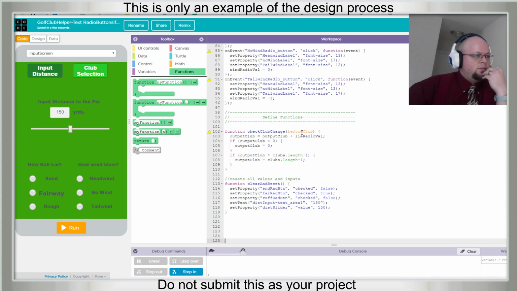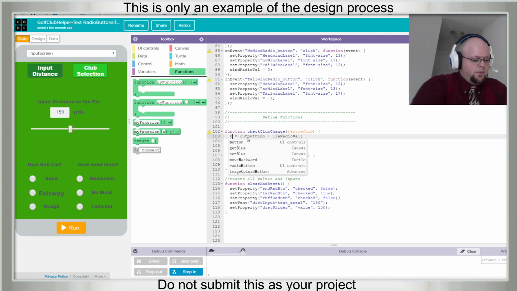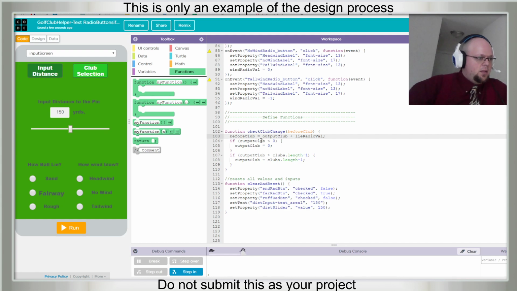God, do we even need a parameter? Before club equals output club plus lie radio val plus wind radio val.